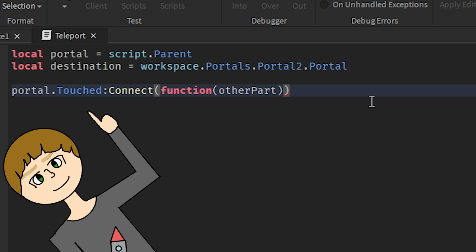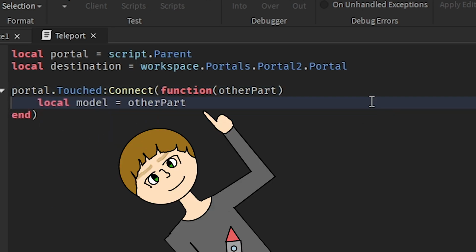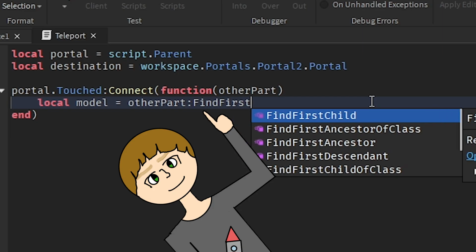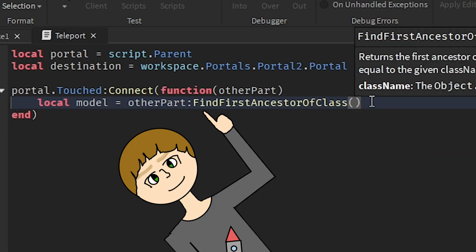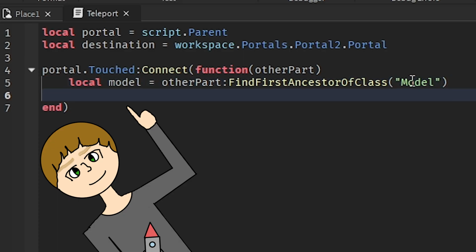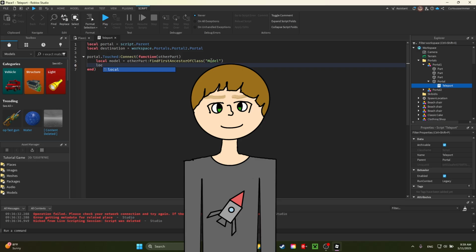So you're going to do local model equals otherPart:FindFirstAncestorOfClass("Model"). And then we're going to go ahead and make our destination, like the actual position where we're wanting to teleport, a variable as well. So this variable is going to be what is called a Vector3, which is a group of 3 numbers that